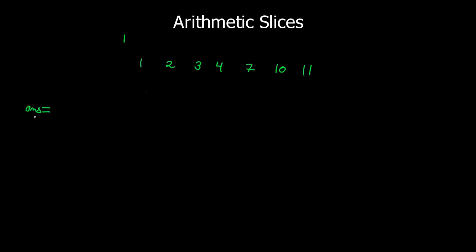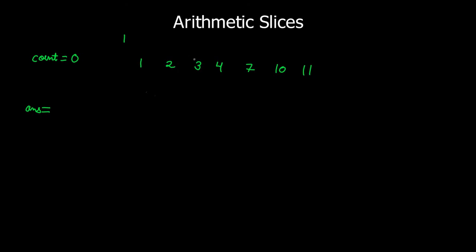This is the actual answer, while count tells us how many elements are there currently in our slice. I am already assuming that I have 2 elements in the slice, but still I am taking count to be 0. The reason is very simple: after all I need to subtract 2 from the count, so rather than subtracting 2 afterwards, I'm starting from 0